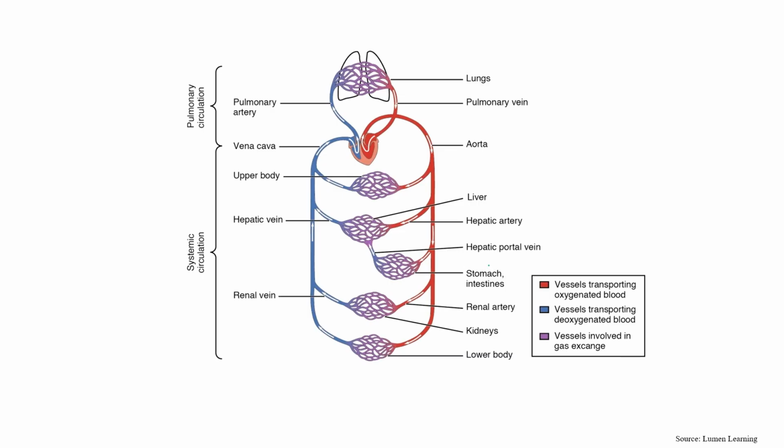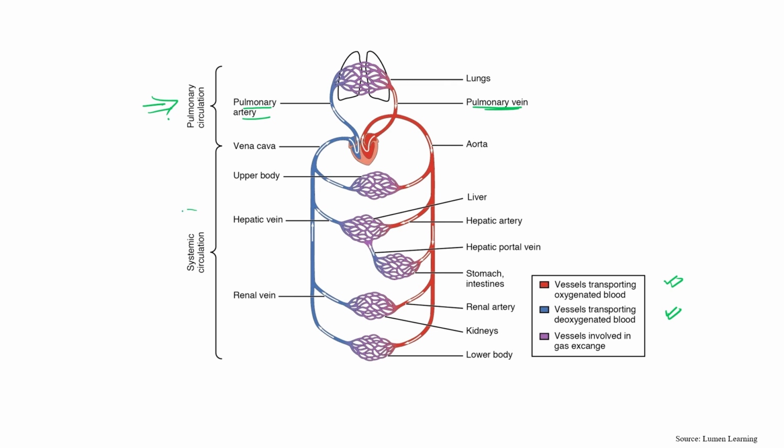Clear? Now, as you can see in this particular picture, this is pulmonary circulation. This is the pulmonary artery. This pulmonary artery receives blood from the right ventricle. So it is deoxygenated, blue colored blood. While this pulmonary vein contains red blood, meaning oxygenated blood. So this one is just opposite if we compare it with the rest of the veins and arteries present in our body.